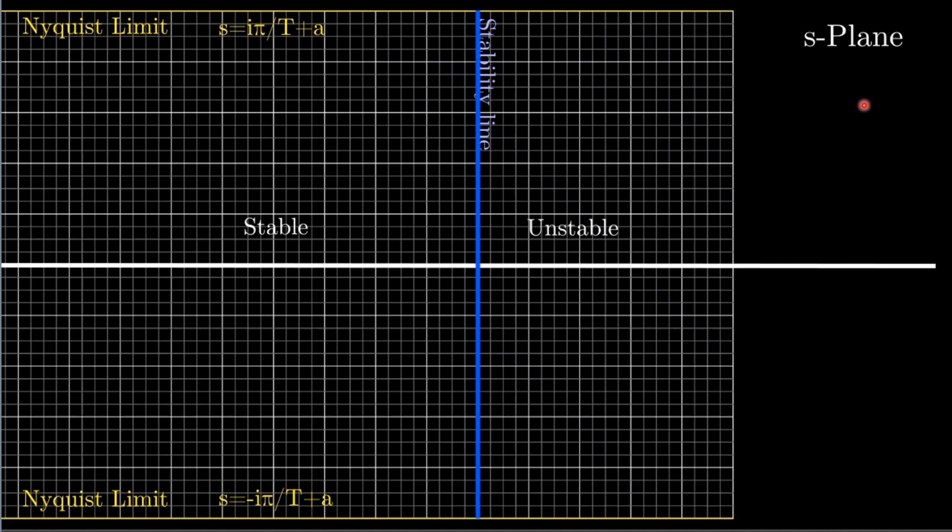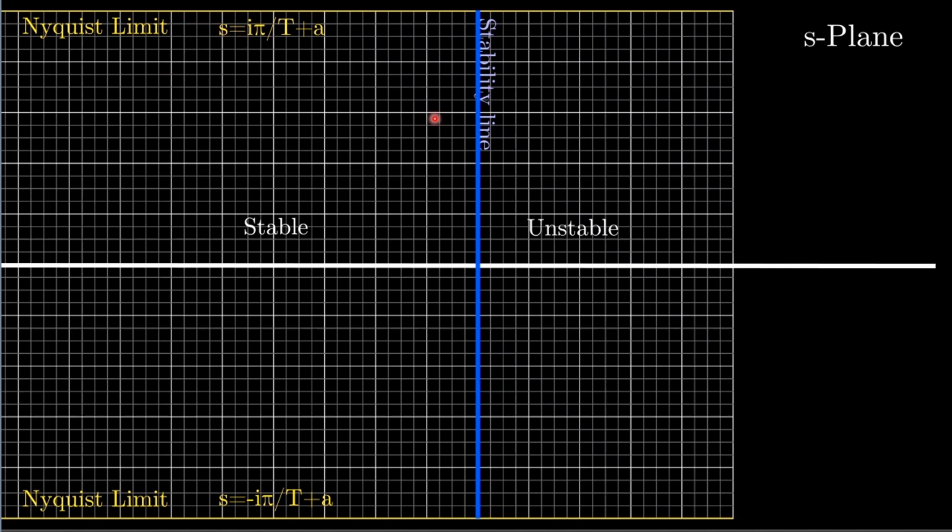So this is the Laplace transform plane. In the Laplace transform plane, the real axis corresponds to exponential growth on the right hand side, and on the left hand side we get exponential decay because the exponent is negative. If we go to the purely imaginary axis, which is called here the stability line, we get purely oscillatory signals. So if s is purely imaginary, the exponent is imaginary, which means that we get cosine of some angle plus i sine of some angle, which is purely oscillatory. So the stability line is oscillatory,